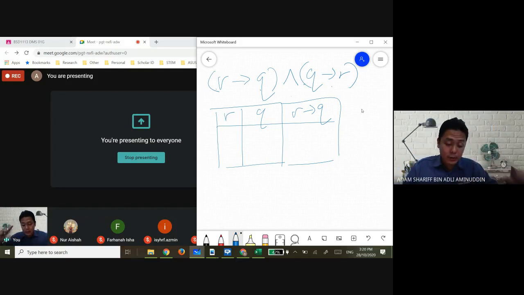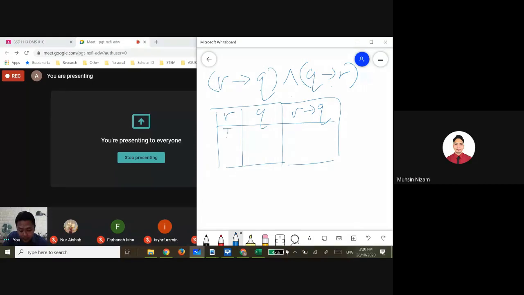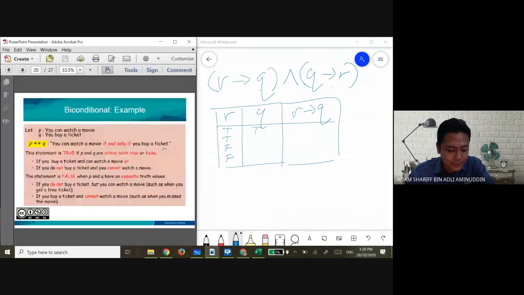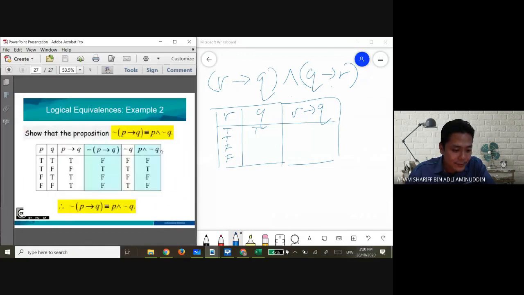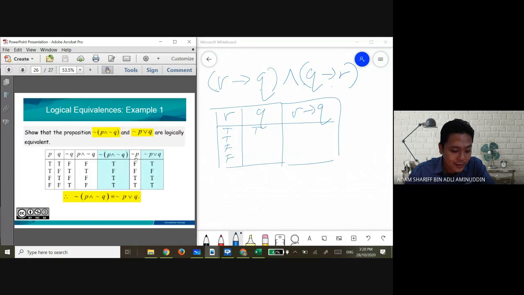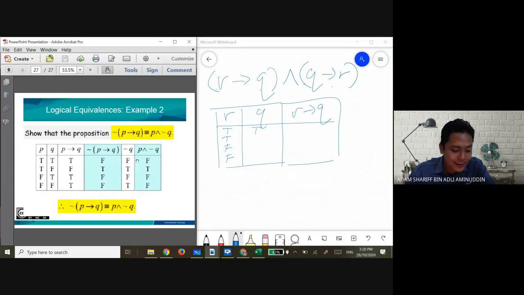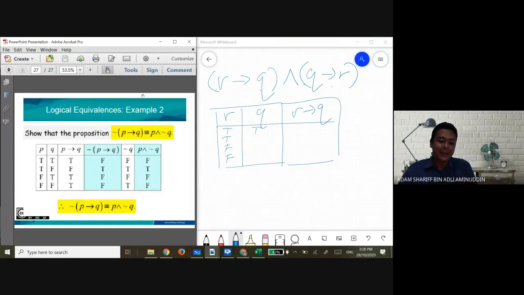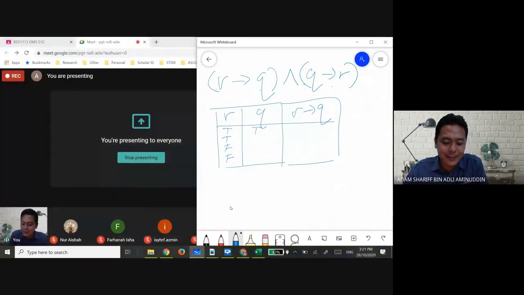Supaya kamu tak keliru. So ada exercise kat PowerPoint tu. Muka surat 28 contoh. Saya tak tahu muka surat 28. Saya tengok ya slide yang kat Kalam tu. Okey, tak apa. Nanti dulu, saya boleh bagi soalan lain. Tapi buat masa sekarang firm dulu dengan properties tu.